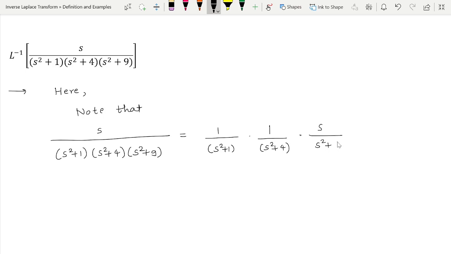So in the first lecture of the inverse Laplace transform, we have seen the inverse Laplace transforms of some elementary functions. So we cannot write it as a product of two functions where both of them are those elementary functions whose inverse Laplace transform is directly known to us. But instead, we can write it as a product of three functions, okay, 1, 2 and 3, which are our elementary functions. But the convolution theorem, as we have seen, requires only phi 1 of s and phi 2 of s. But one thing we can do, we can apply the convolution theorem in two steps.